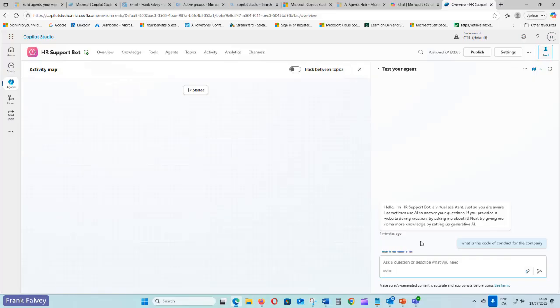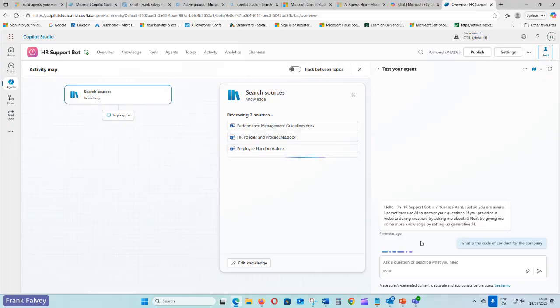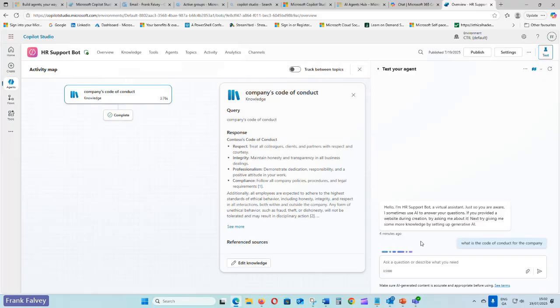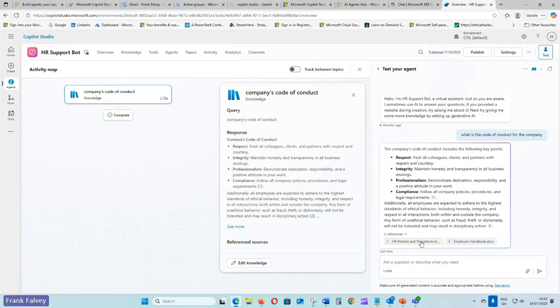And hopefully it should look through those documents that I uploaded earlier. And here we go. It's reviewing the three documents, and it's coming back with Contoso's code of conduct. It's giving us respect, treat all colleagues, clients with respect, integrity, maintain honesty, transparency.